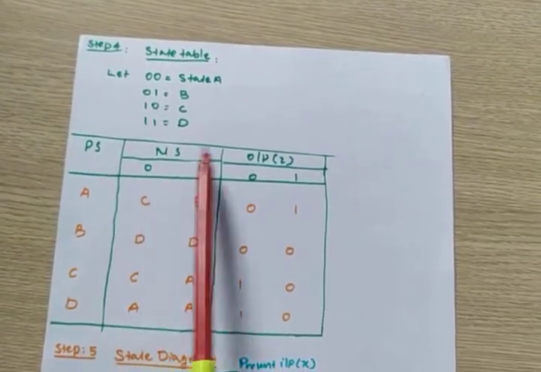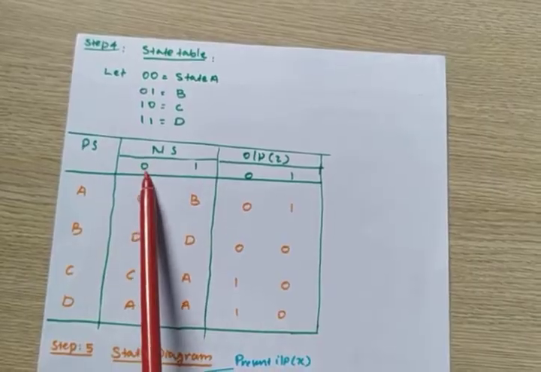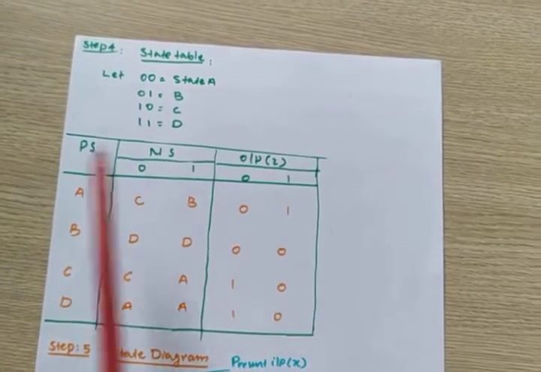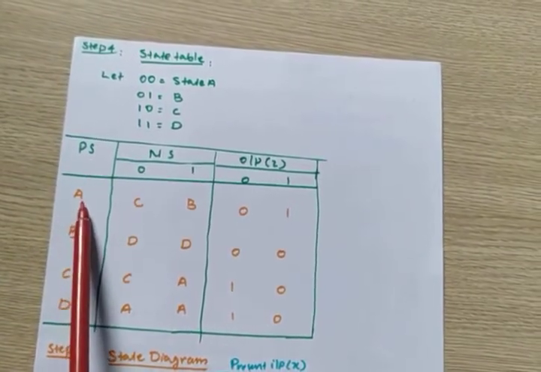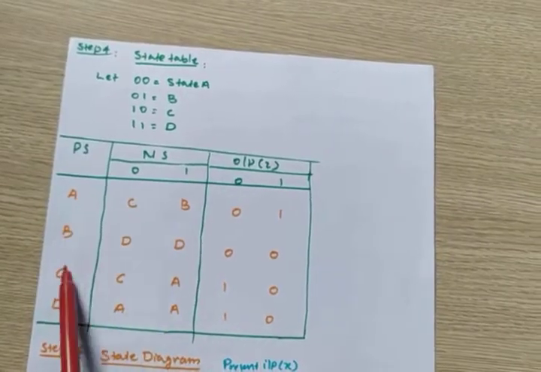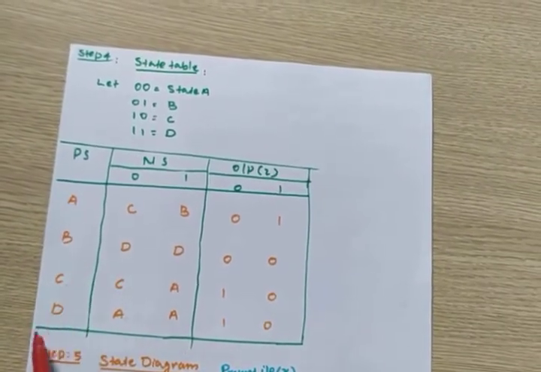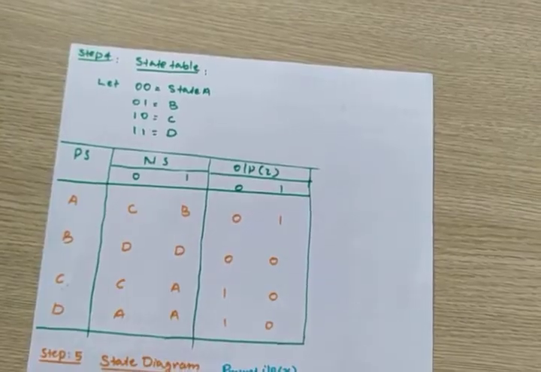Now present is our state transition table, and we write it with the states. Present state, next state, and Z, for input X equal to 0 and X equal to 1. For present state, the first is A, B, C, D. Why? Because 0 0, 0 1, 1 0, 1 1. These values you will get from that